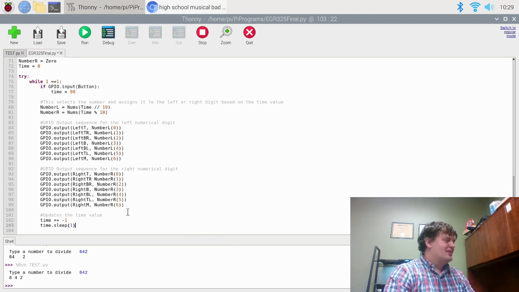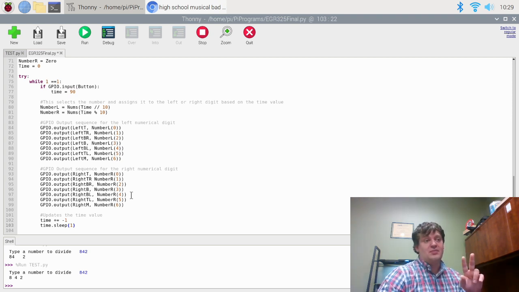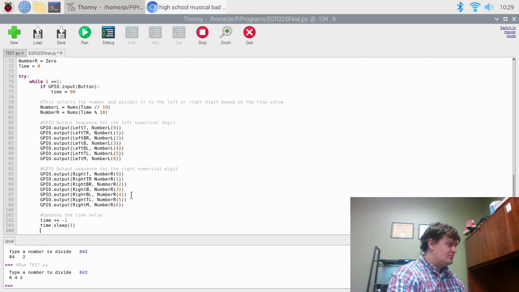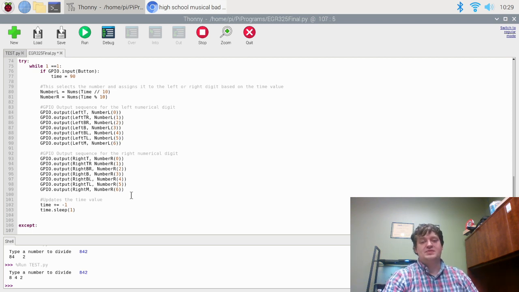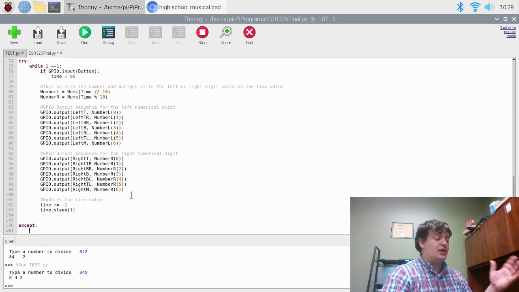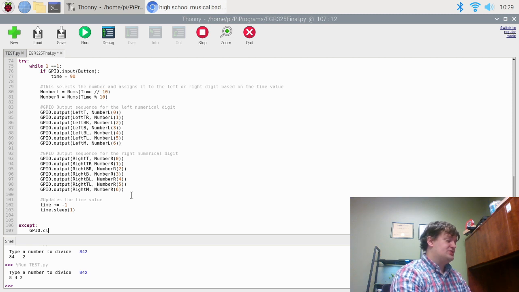Okay. Let's say we wanted to do something a little bit more complex. There's two things that I don't like about this code. I am very particular about my coding. Oh, I'm not done with this actually. So this is all the code that we need. I'm going to finish this, and then we'll go back. Okay. This will actually error out unless we put in an except. What happens in an except is, if an error occurs during the code, what code do you run after that? And the code that I want to run is GPIO.cleanup,